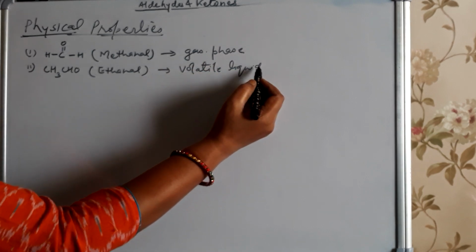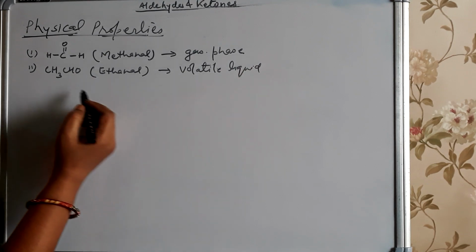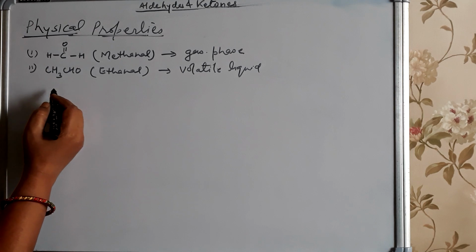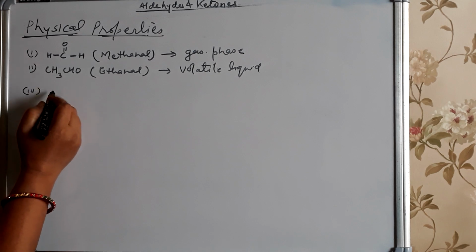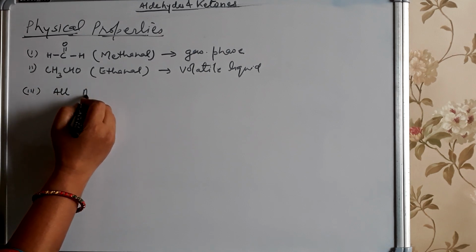Volatile liquids are those liquids whose boiling points are low, so they are known as volatile liquids. Except these two, all aldehydes and ketones are